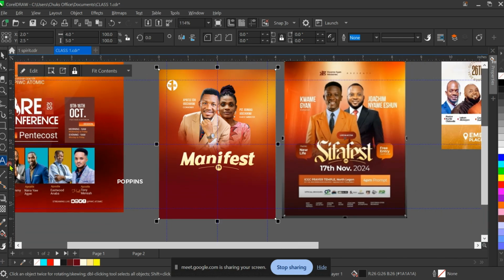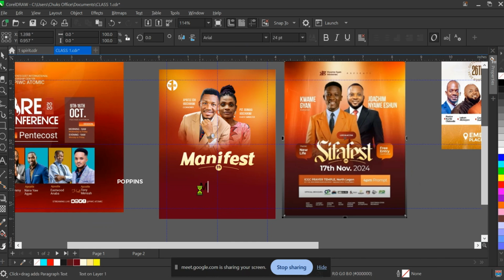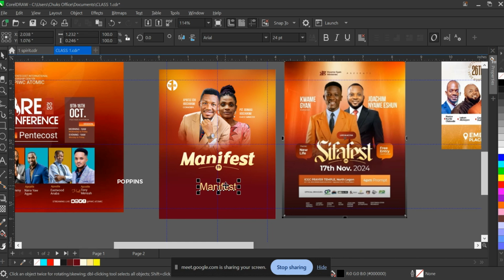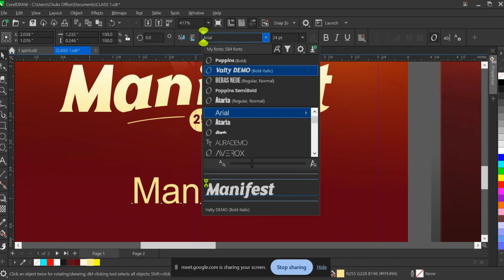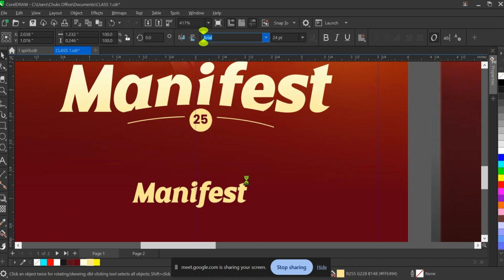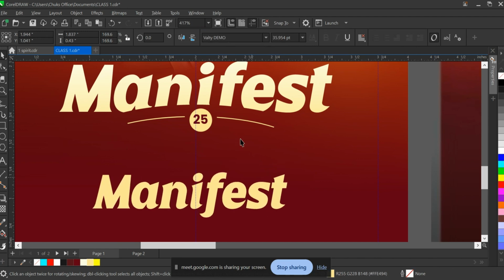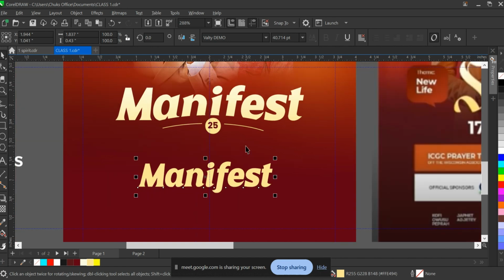I still want to write this manifest. Let me just show us something because this is a very short time we have together. When you have this, you want another pattern, a different pattern. You don't want to use this manual way of cutting. Just by selecting this, you've selected this text. You go inside this,